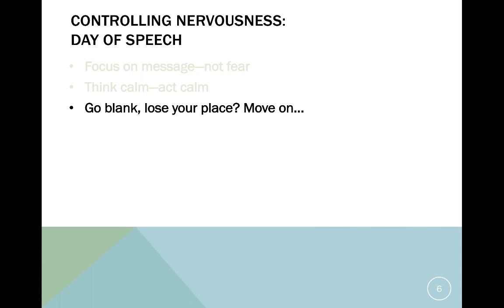So the rule of thumb is if you're in a speech and you lose your place and you move on, which is what I want you to do, if you're still in that section of the speech, meaning maybe it was something in your background section and you're still talking about background stuff, or maybe it was an element of your methods that you forgot to mention, but you're still talking about methods, it's totally okay for you to say, oh, and I would like to also add that, or to then just go ahead and say it.